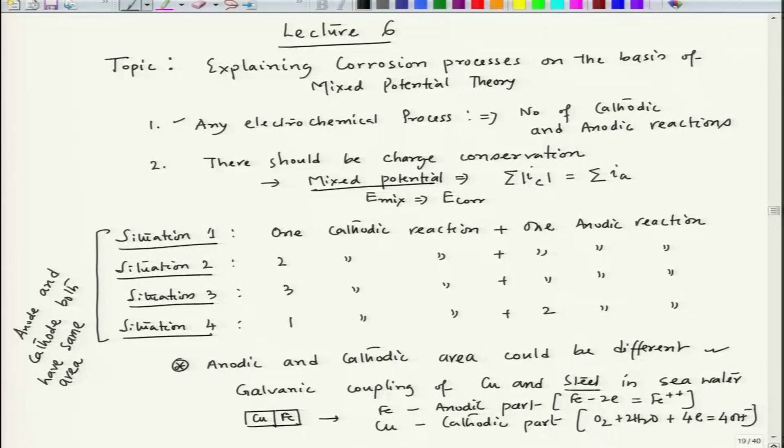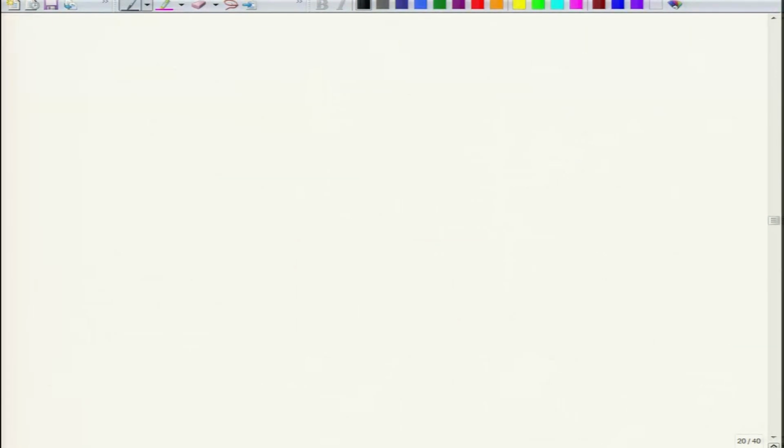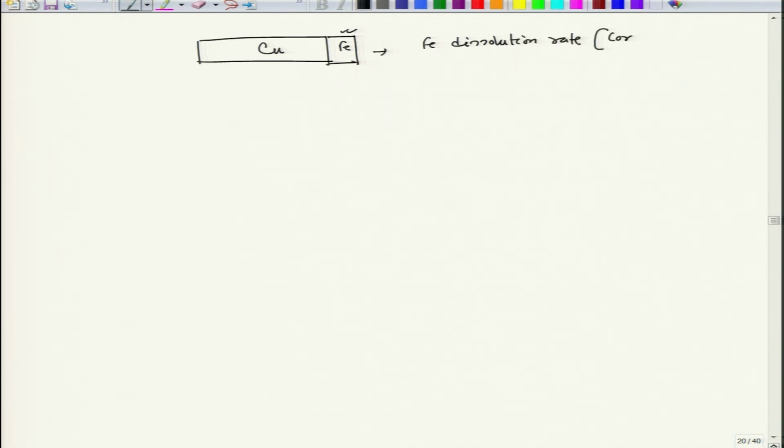So, if they have similar area, the anode would corrode, but the corrosion rate would not be that significant. But if we have a situation where the copper area is large and the iron area is small, at that time we come across a serious corrosion of iron. This part would corrode at a very fast rate. So, in this case the iron dissolution rate, we call it corrosion rate, would